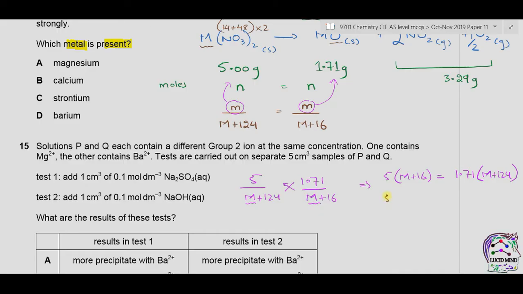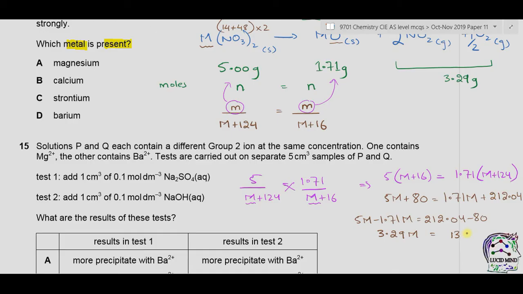Now it will become 5M plus 16 into 5, which is 80, and 1.71M plus 1.71 into 124, which becomes 212.04. Now 5M minus 1.71M equals 212.04 minus 80. So it becomes 3.29M